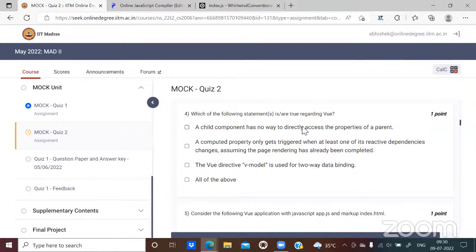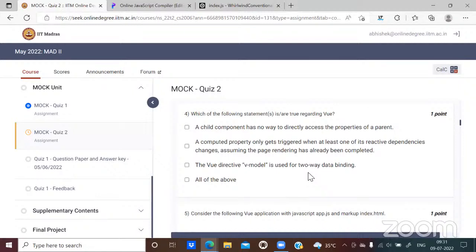Okay, so how is a computed property different from a method then? A method will be triggered only when it is invoked. Like when it is invoked, then the method will be triggered. But a computed property, sir, I have a reactive property, so whenever the reactive dependency changes, it is computed. Sir, I'm having a doubt.